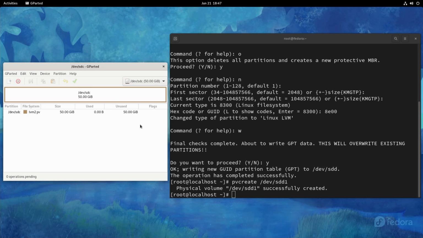LVM has its metadata on that disk, and gparted is smart enough to read that LVM metadata and know that this is a physical volume. However, it's generally recommended that you go ahead and create a partition. Even if you're using an entire disk for LVM, just create a single partition on the whole disk and format that partition as your physical volume,